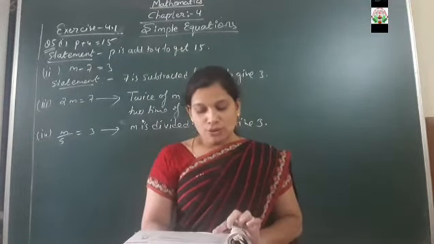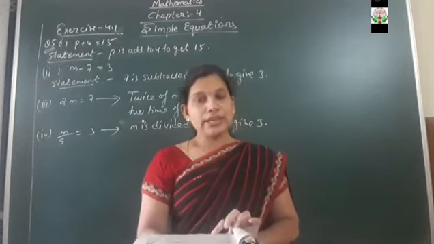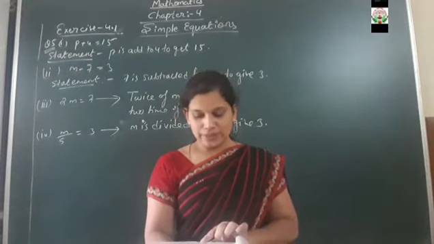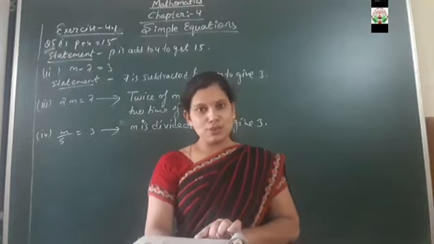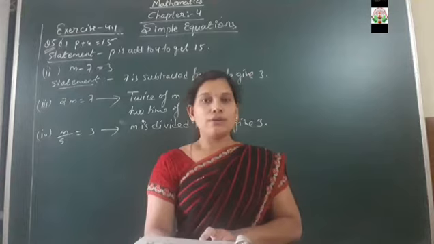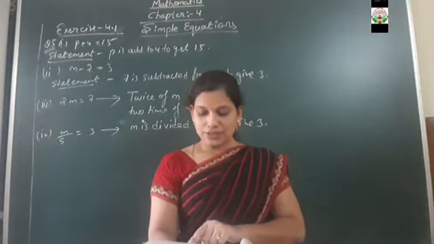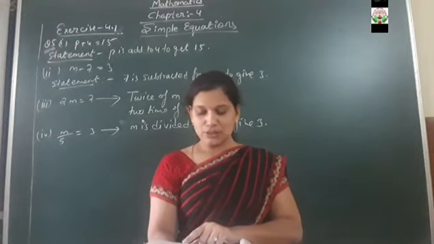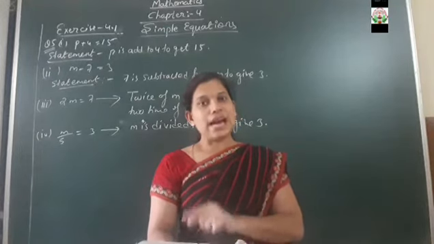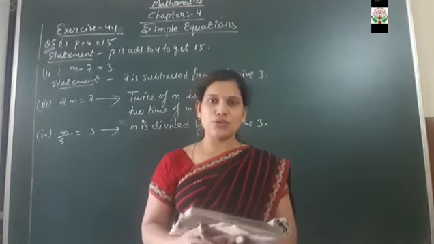Next one is 3p plus 4 is equal to 25. So 3 times p added to 4 gives 25. Like this the statement will be. Next, 4p minus 2 is equal to 18. So here, 2 is subtracted from 4 times p gives 18 will be the statement. Now the last one is p by 2 plus 2 is equal to 8. So p is divided by 2 and added with 2 to get 8. Like this you will create statements for question number 5.